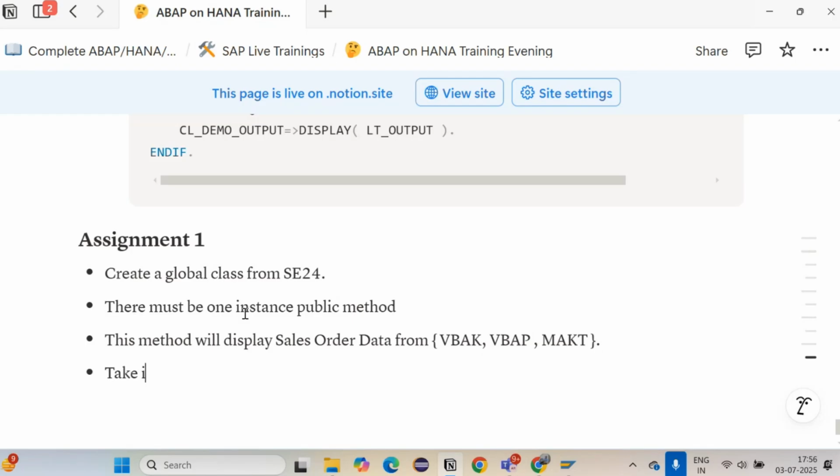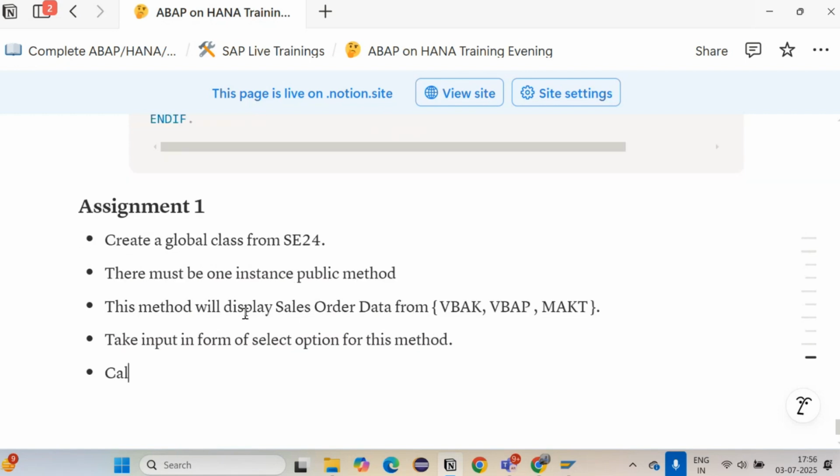Take input in the form of select option for this method. Call this method in an ABAP program and display a general ALV report